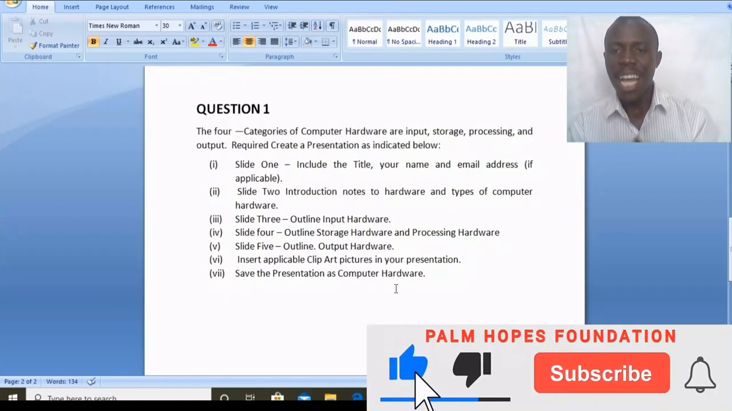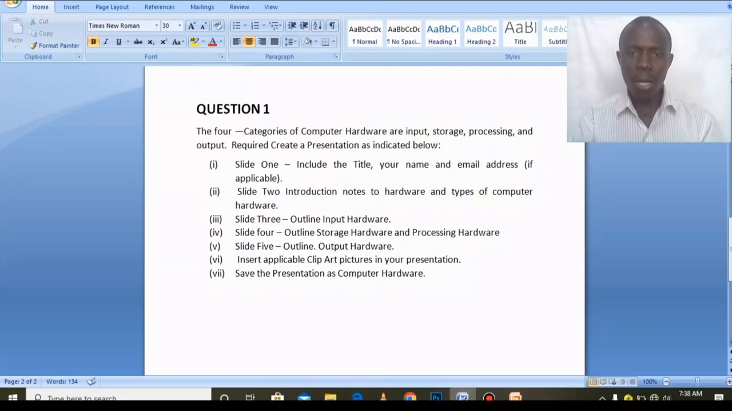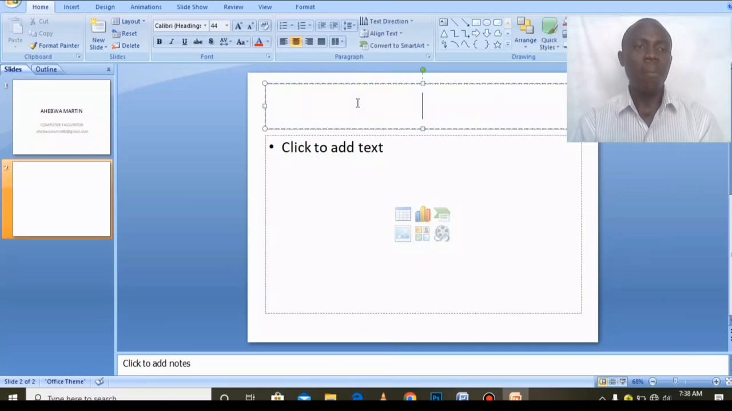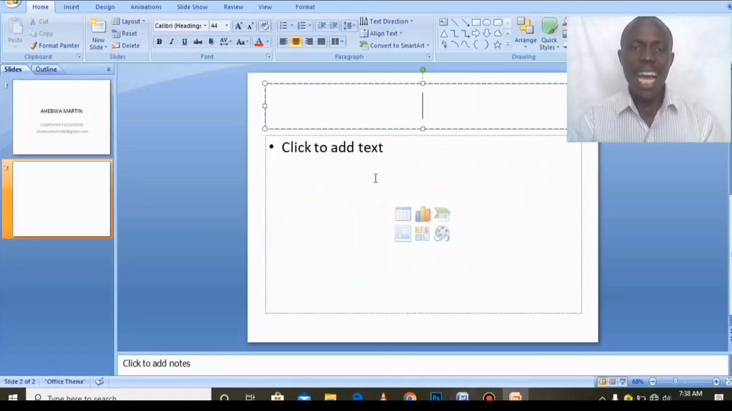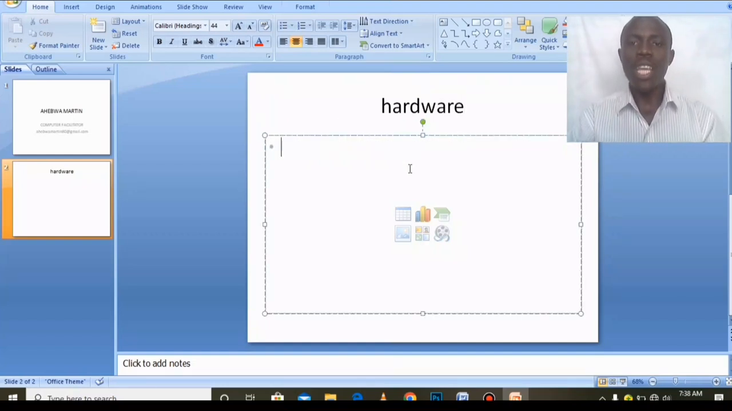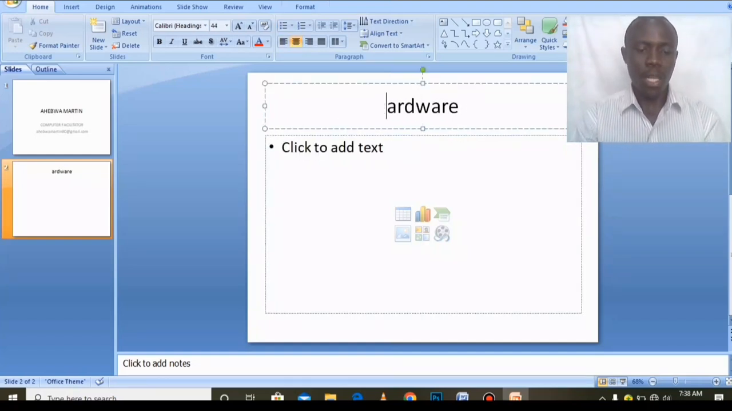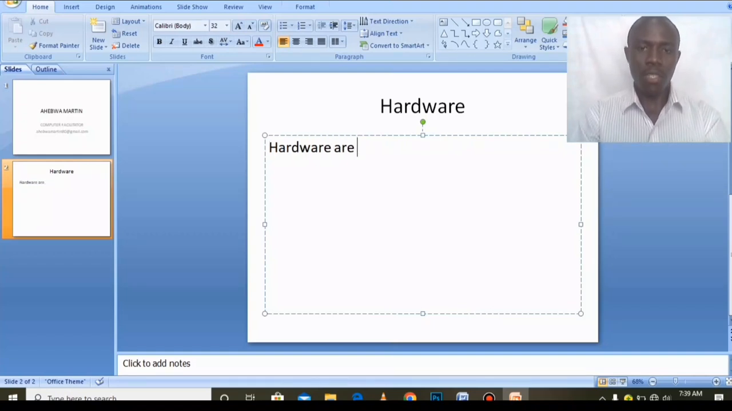Introduction notes to hardware and types of computer hardware. So now we are going to come here. We put there the introductory notes to hardware. So we are going to say hardware. What is a hardware? So we are going to explain what is a hardware. We are going to say hardware are devices, are computer devices